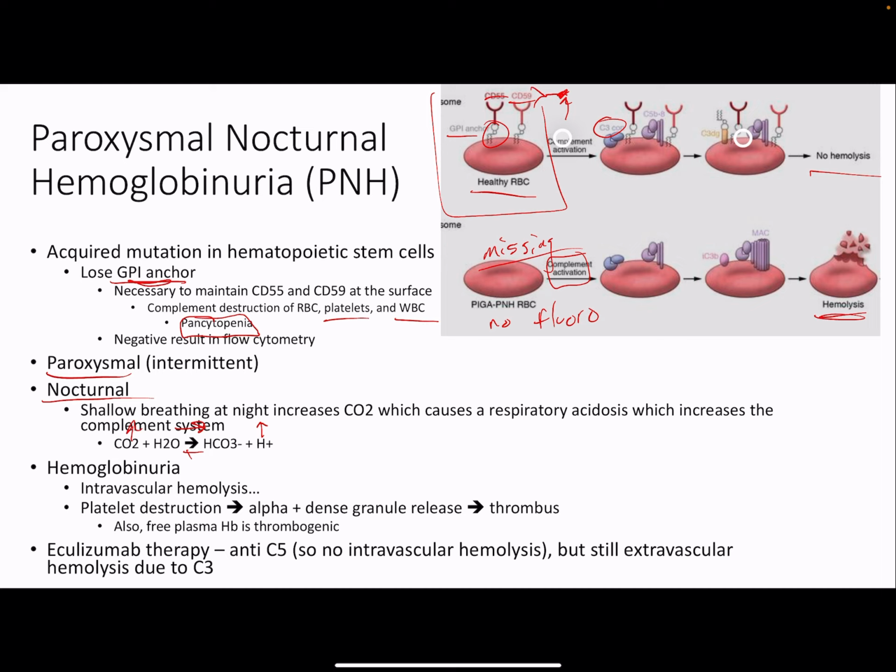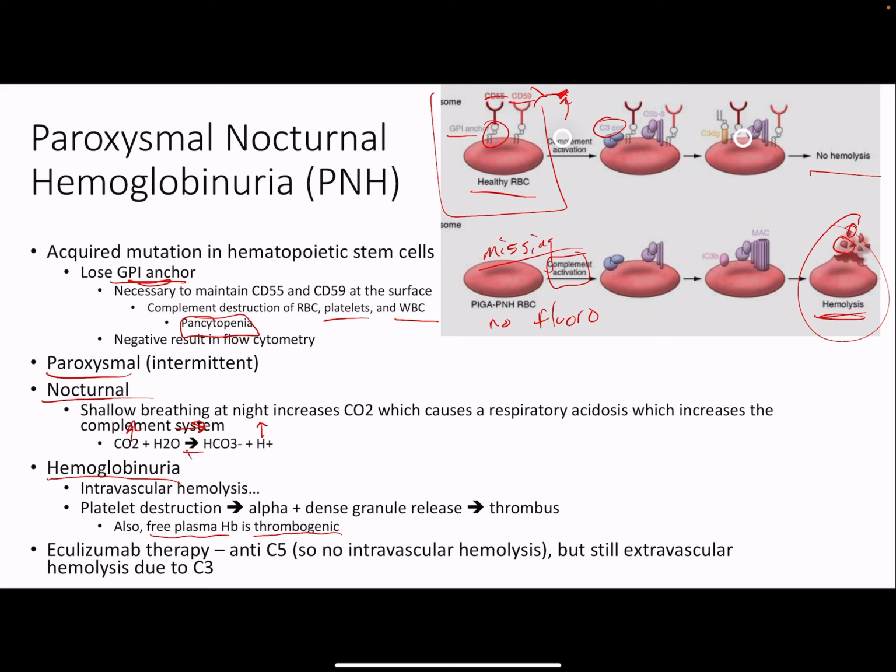The red blood cells lysing, as we see here, means they're spilling their guts. This is intravascular hemolysis, which we said is the worst one. That free plasma hemoglobin is particularly thrombogenic. So you're getting this specifically because the hemoglobin is released into the bloodstream. This might cause jaundice, and if we have too much of this, some of it might be going into the